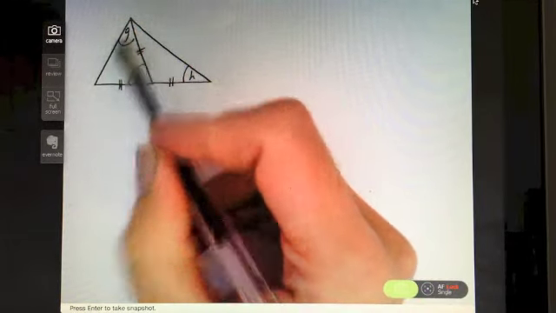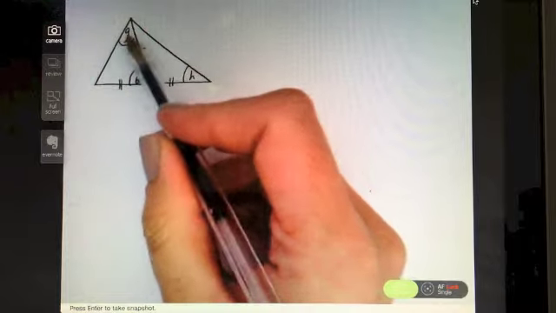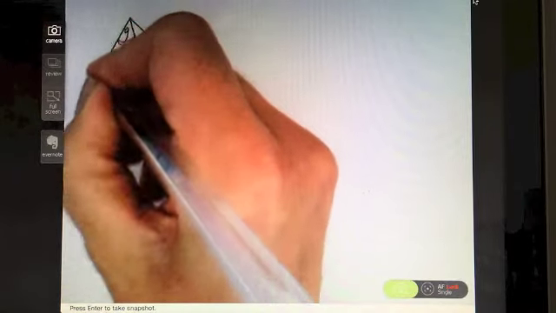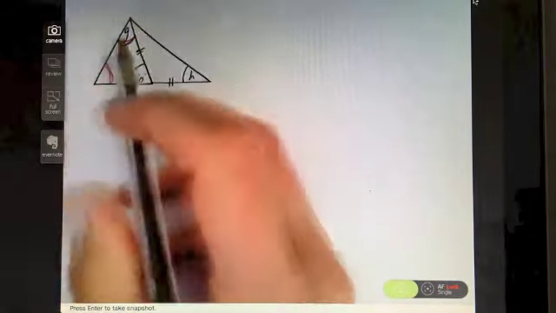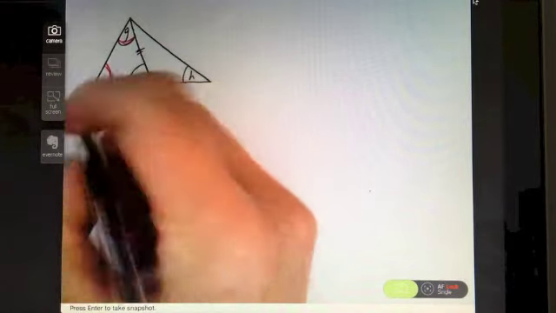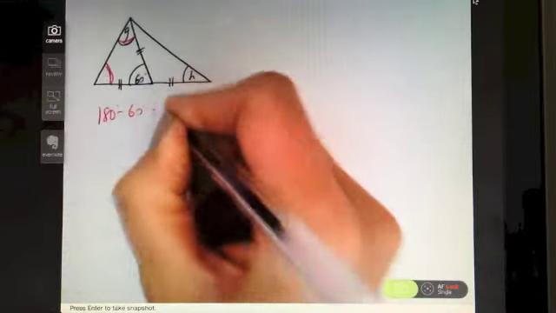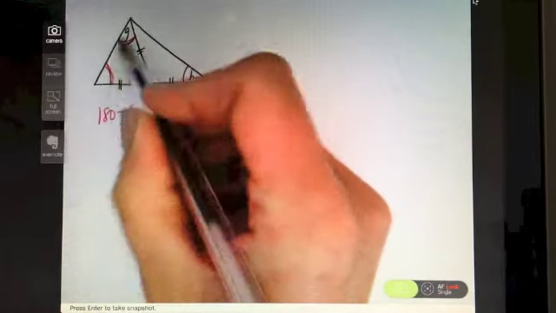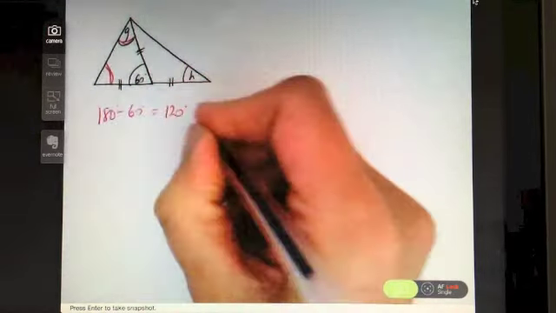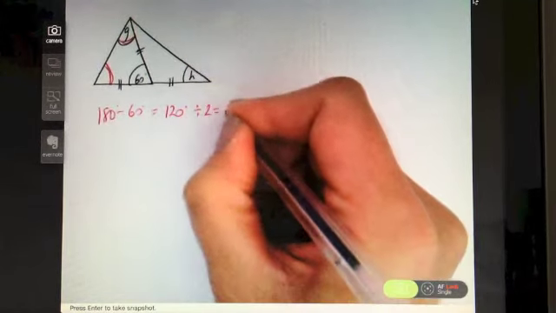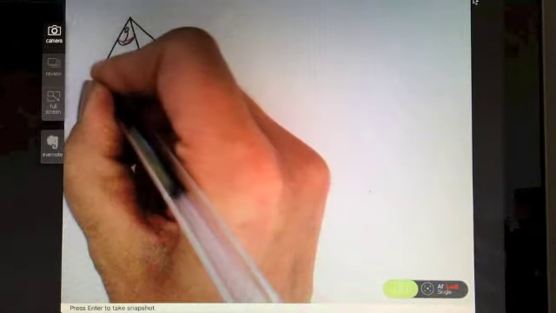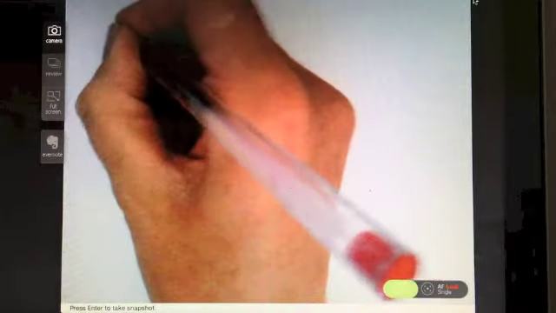Therefore, the two base angles, in other words, these two angles here and here, have got to be equal. So if that one's 60 degrees, take it away from 180, of course, and you're going to get 120. That means those two angles there have got to equal 120, and they've got to be the same. So divide by 2, and of course we get that that is 60, and that is also going to